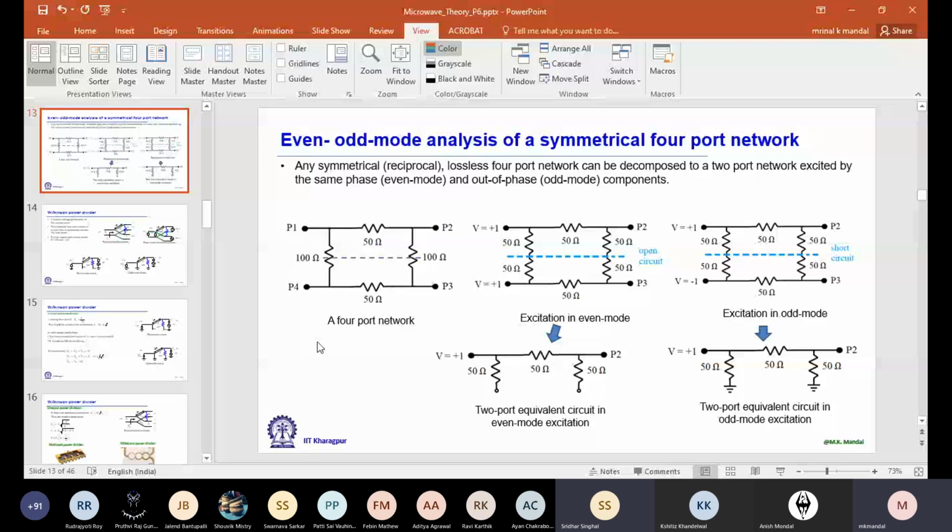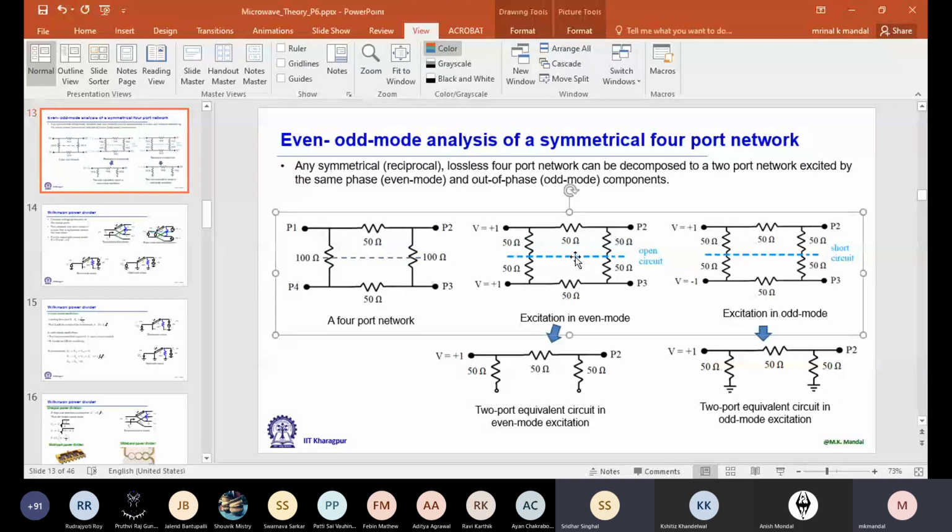Here we already have the plane of symmetry. So how do we define the plane of symmetry? We are actually bisecting this 100 ohm and representing it by two impedances. So here we don't need twice Z0. Here we are using 100 ohm equal to 50 plus 50 in series combination. Then we have this plane of symmetry represented by this dashed line. So the main target is that we need a plane of symmetry. That's all.